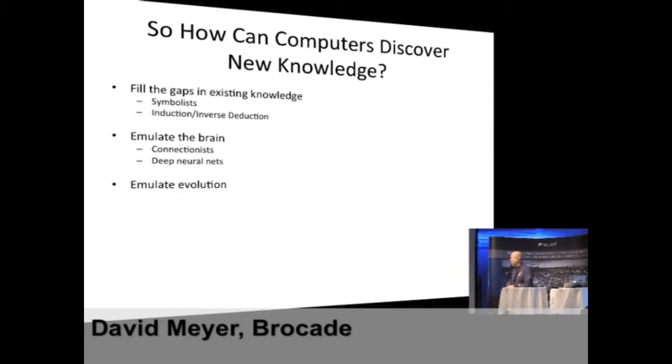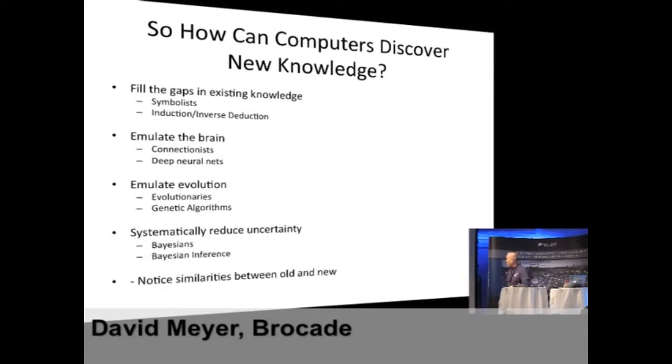You could try to emulate evolution. Evolution might be a better way to learn. It made brains and you and everything else, right? And those are called evolutionaries, and they use something called genetic algorithms. Or you could try to systematically reduce your uncertainty about the world, because learning is inherently probabilistic, so you might try to reduce the uncertainty, and that's all about Bayesian inference and things like that.